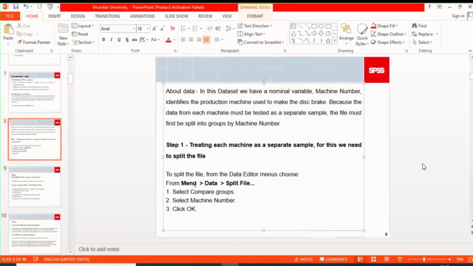We went to menu, data, split file. We selected compare groups and the machine number we want to split on. So we have treated each machine as a separate sample. For this we needed to split the file. We have done that. Now let's go ahead with the next step, how you can do one sample t-test in